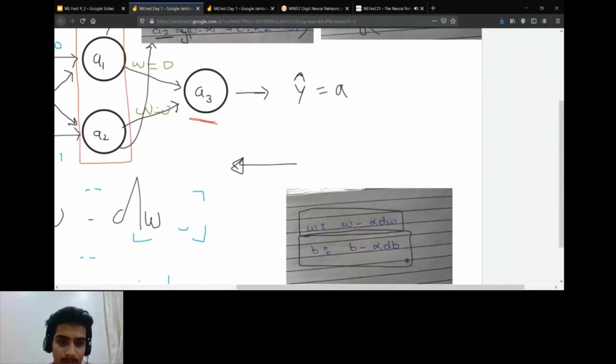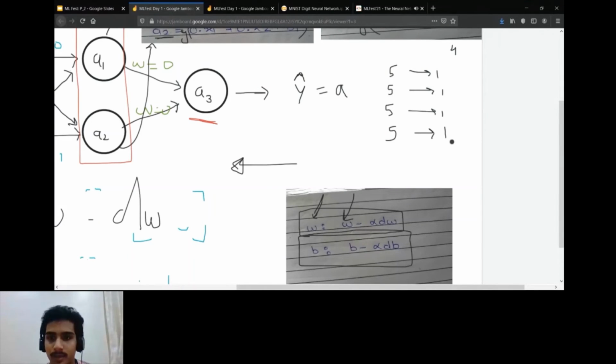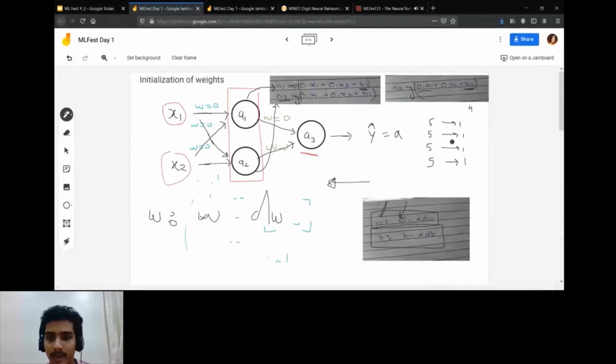Don't mind the drawing. So the equation was basically this. When we update the weights, all those weights would be updated in the same manner, because this term is same for all of it. This term is also same for all of it. So suppose our weights were 5, 5, 5, 5. We have 4 weights. After updating, we got dw as some value 4. So 5 minus 4 would give us another weight as 1. This weight would again be 1. This weight would also again be 1. And this weight will also be 1.